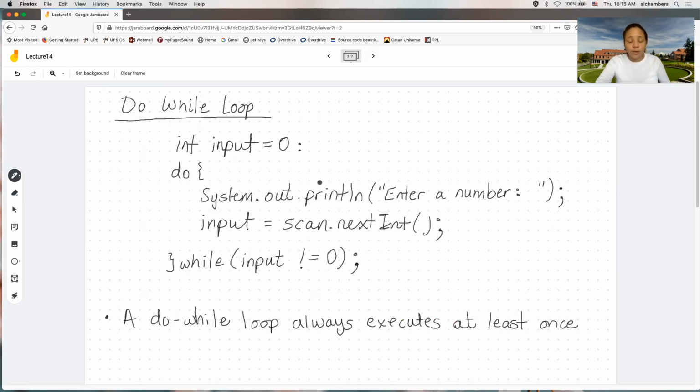This is a very silly and simple example where I have an integer I called input, and then I say, enter a number. I read the number, and if that number is 0, then I quit. Otherwise, I continue. I ask them to enter another number, read it, and check if it's 0. So basically, this code just loops until someone enters 0. One thing I do want to point out is that